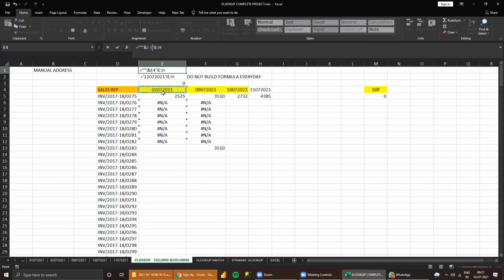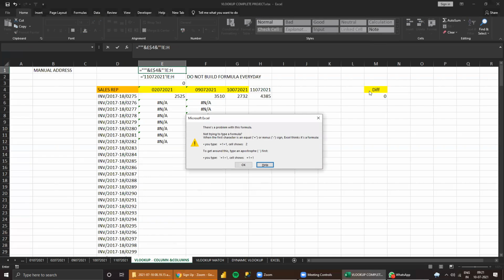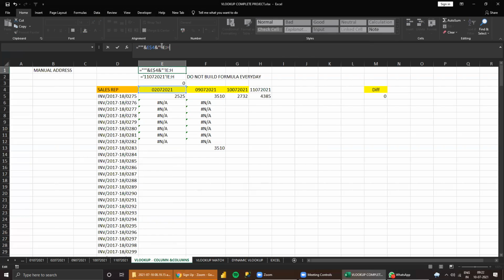Then the reference should be fixed. Then the concatenate, then single quote under single quote, put it in the inverted quote. Then again concatenate. Then the range.